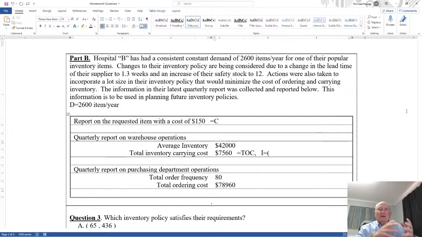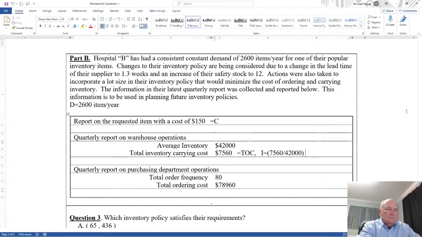So I have the carrying cost per my average inventory, but then what's my carrying cost per dollar per year of my average inventory? So on the average, I'm carrying $42,000 worth of inventory. It cost me $7,560 to carry it. So essentially that'd be $7,560 divided by 42,000. And that's going to be my cost